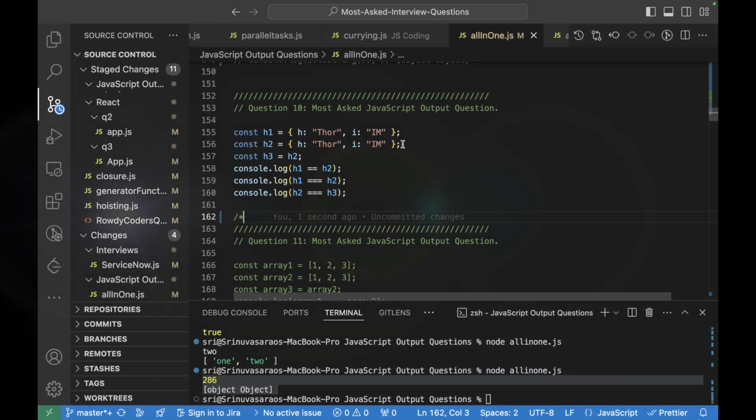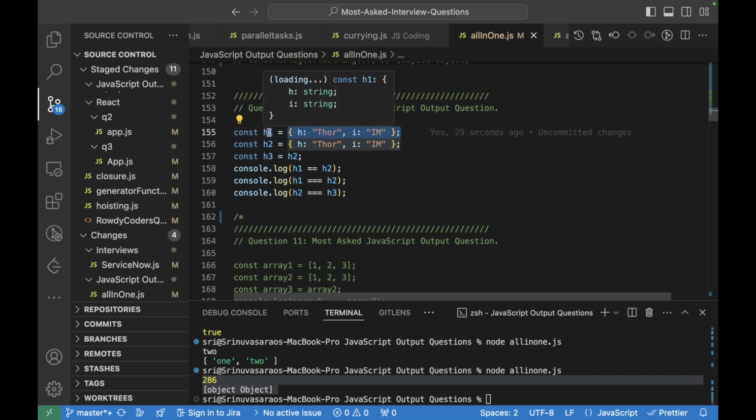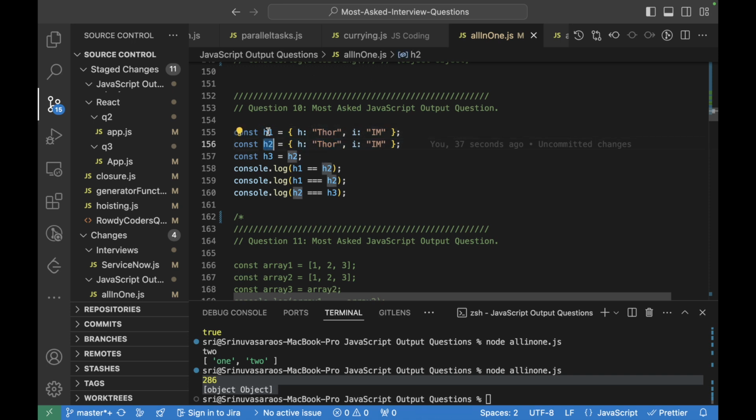So here we have created two objects which are almost similar, but objects are stored by references. The reference to this particular object will be stored in h1 and the reference to this other object will be stored in h2, and the h1 reference and h2 reference will be different here. Now the h2 reference is being assigned to h3, so both of these will be the same object.